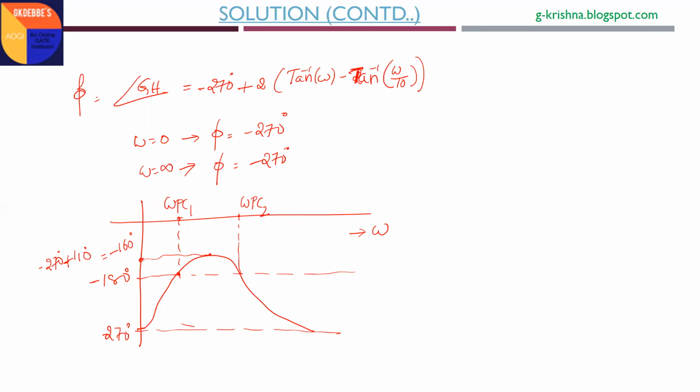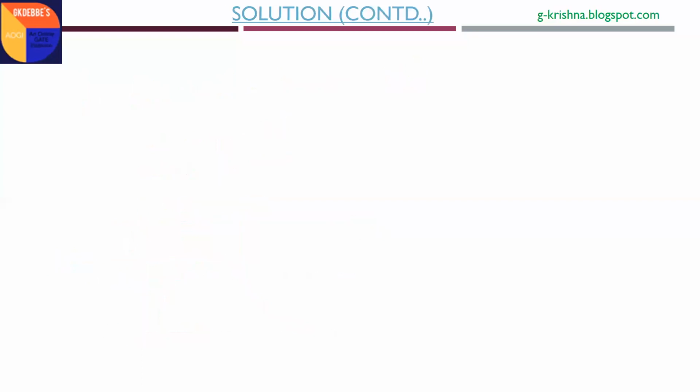Definitely, when you equate the phase angle of the open loop transfer function to minus 180 degrees and solve for omega, we'll get 2 phase crossover frequencies. Hence, the root locus diagram compulsorily cuts the imaginary axis 2 times. How many times the phase plot cuts minus 180 degrees, that many times the root locus will cut the positive imaginary axis. Hence, our root locus diagram will be drawn for the given open loop transfer function in this manner.